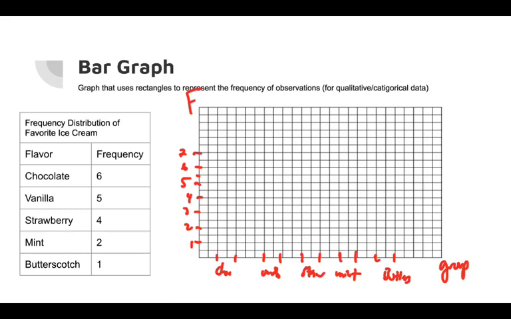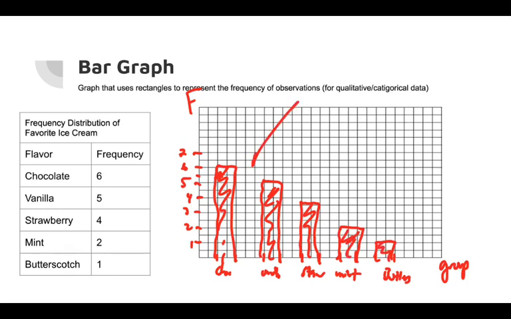But the point is, my chocolate's going to go to 6. My vanilla is going to go to 5. Strawberry gets 4. Mint gets 2. Butterscotch gets 1. Fill those in. But the difference here is, notice that they don't connect, right? There's a gap between each